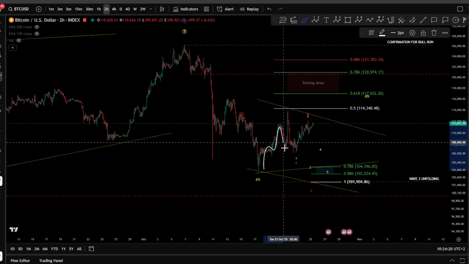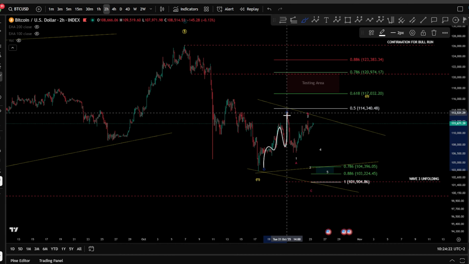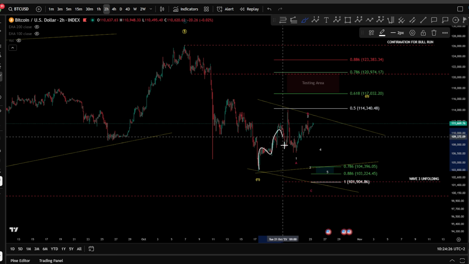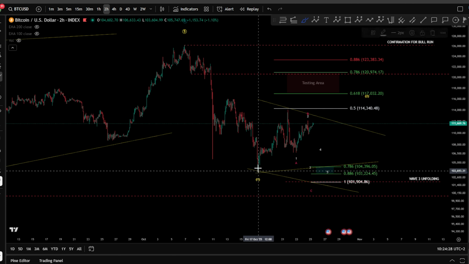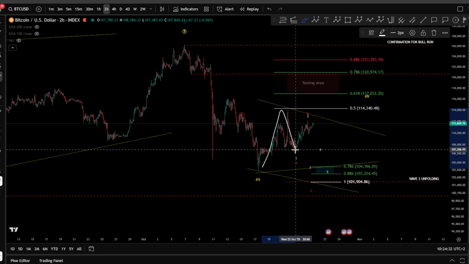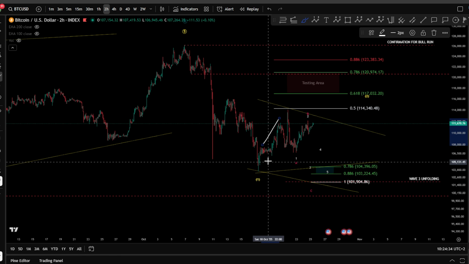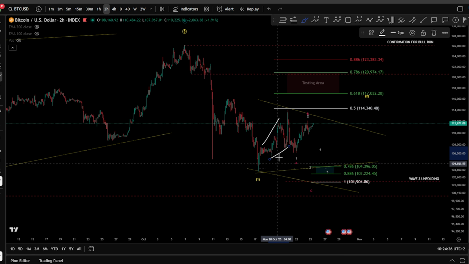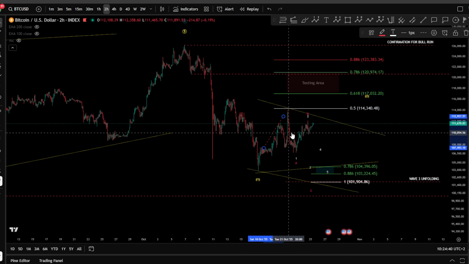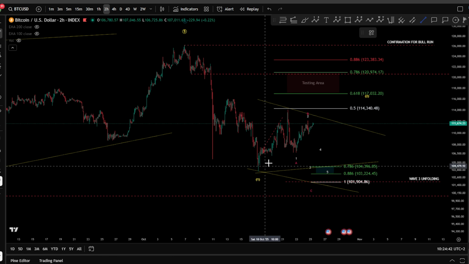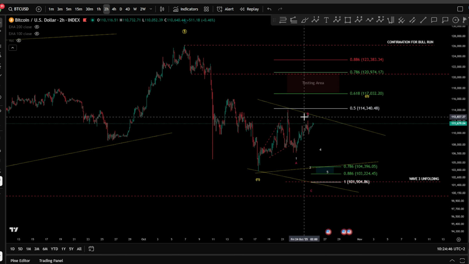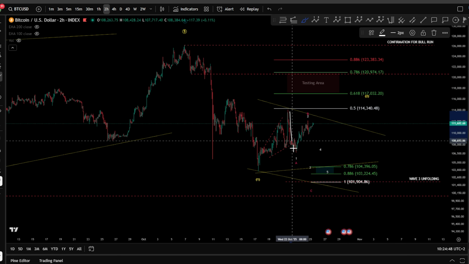Why? Because this looks like a very corrective pattern, which is something complex here, unless it is a 1, 2, 3, 4, 5 expanding diagonal wave 1, 2, well, the most rare case scenario. The most rare case scenario, so we cannot give it a very high possibility here. This is the thing for an expanding diagonal. Very likely to be a W, X, and a Y, and then we saw the drop.